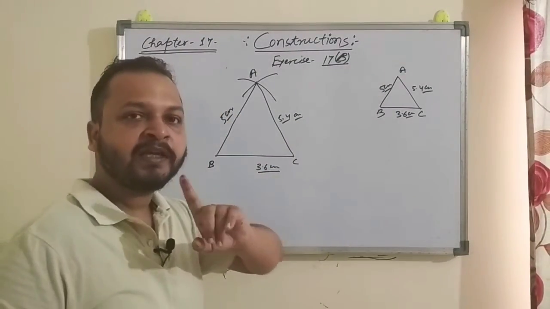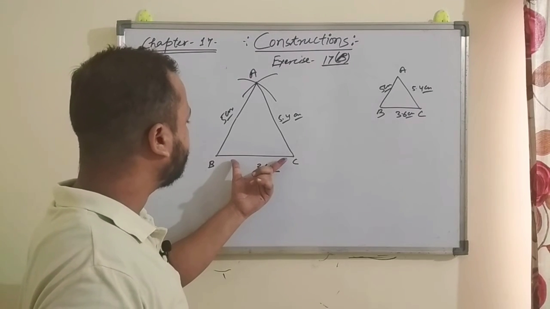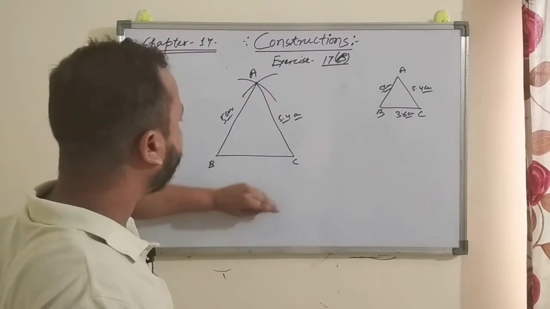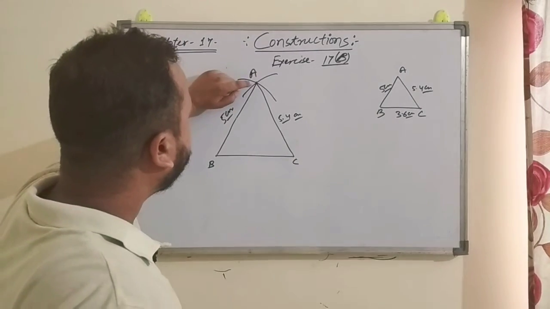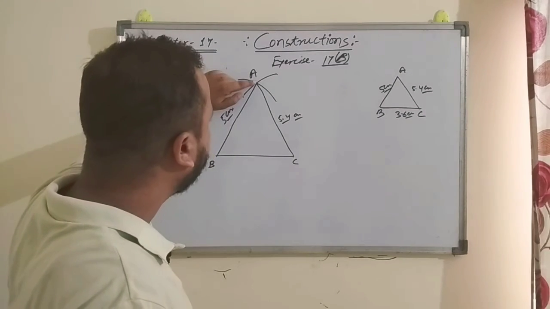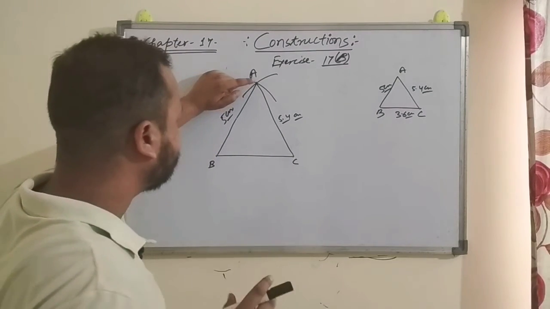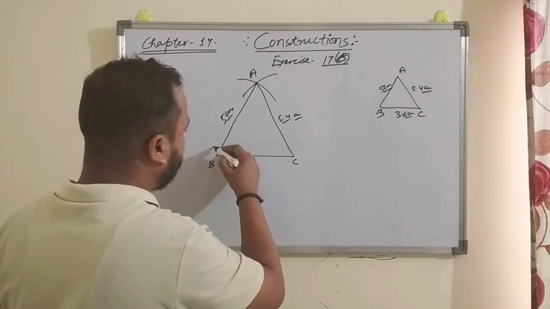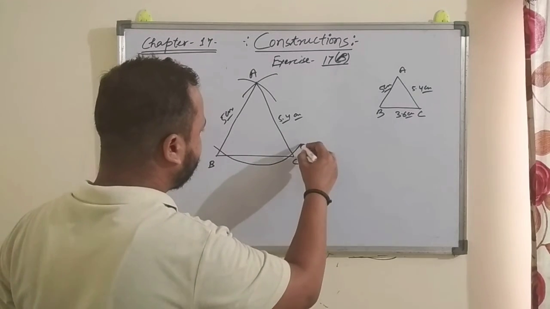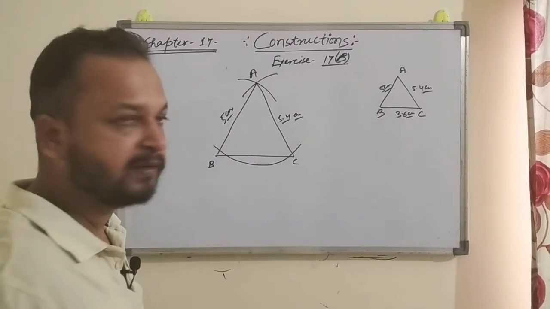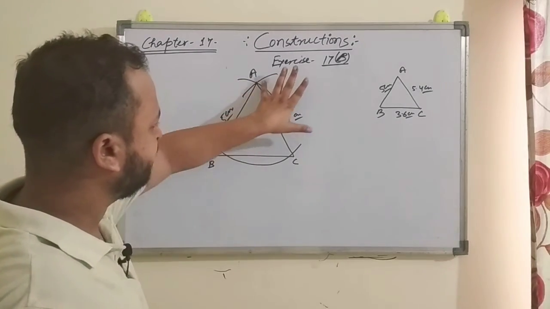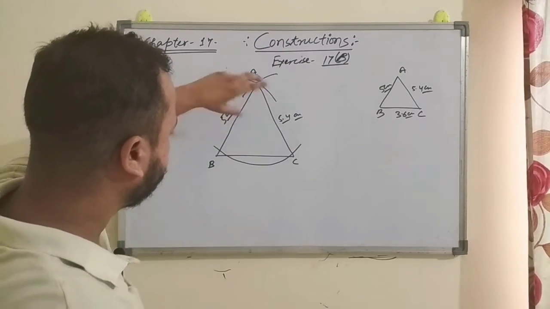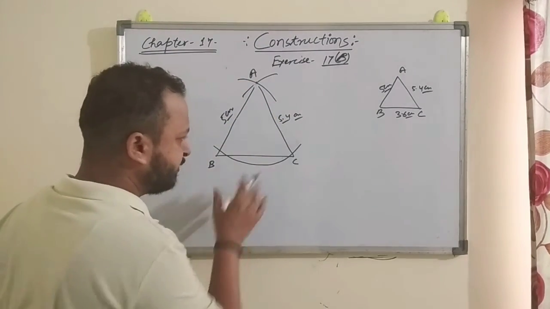Now, one more thing is given in the question is that you have to construct or draw a perpendicular bisector of this side BC. So what you have to do, here point A means vertex A is given. Now you have to take the radius, right? So that you can draw an arc which intersects the side BC like this, right? Take any radius, just draw an arc. Means here the center is there and draw an arc, right? Now you get 2 points.